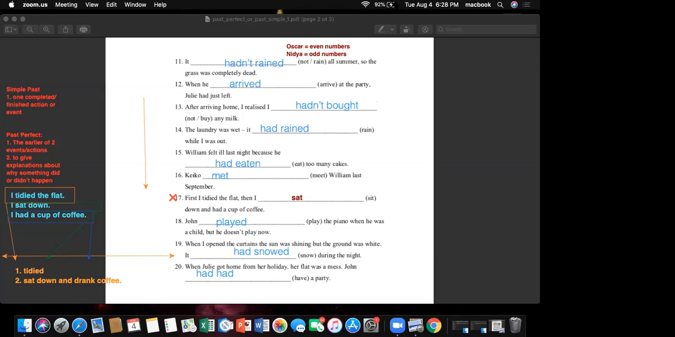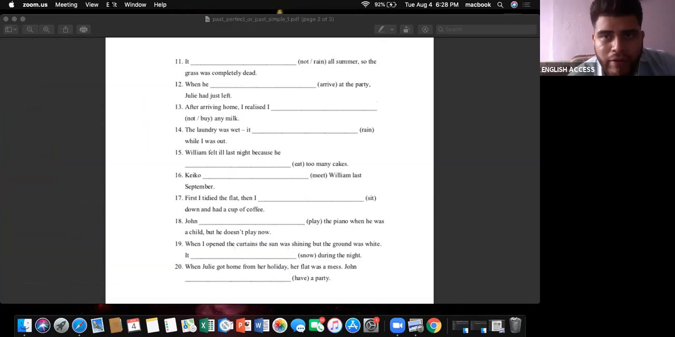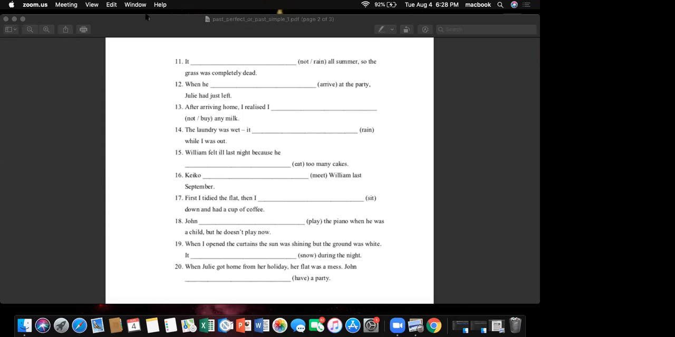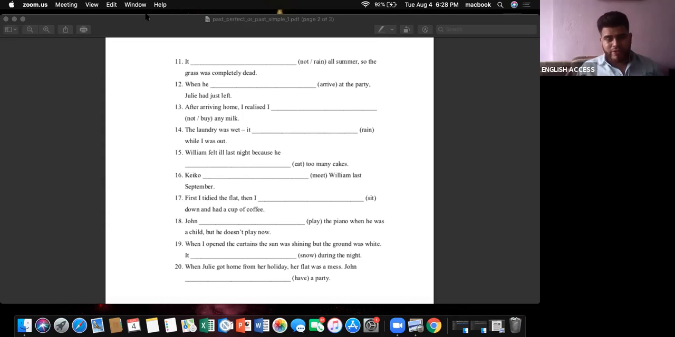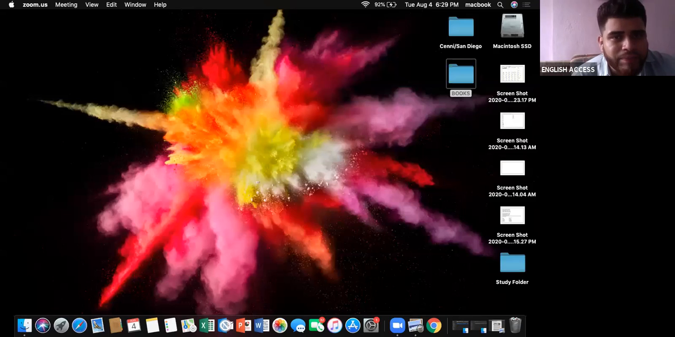Great. And that is it with the simple past and the past perfect. It's the foundation of everything that we're going to learn in this course. Now that we know the past perfect and the simple past, now we can go into more detail about the past perfect. So today, our objective is